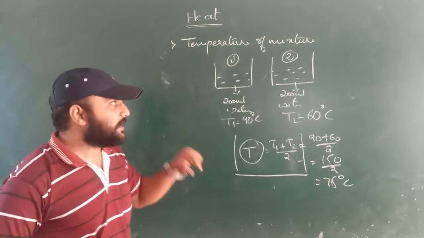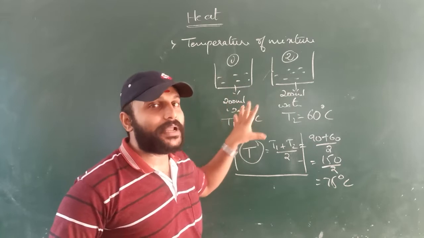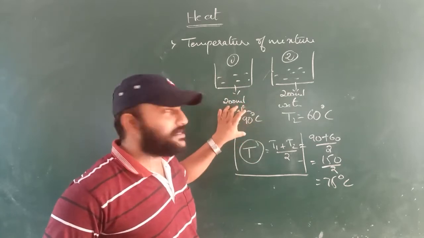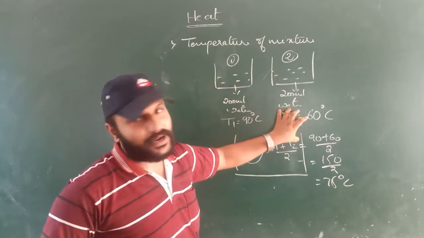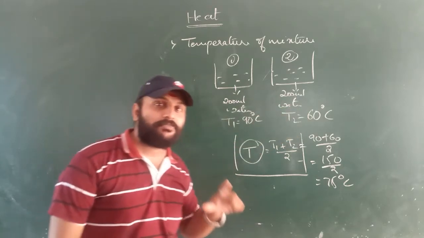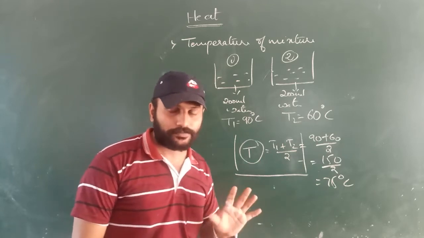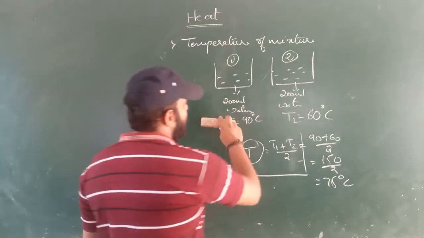Understood? In the second case, I have taken the same masses. Masses are the same, but the temperature is different. The first temperature is 90 degrees Celsius, the second temperature is 60 degrees Celsius. What will be the temperature of the mixture? The temperature of the mixture will be the average of both temperatures. Understood? Now, in the third case,